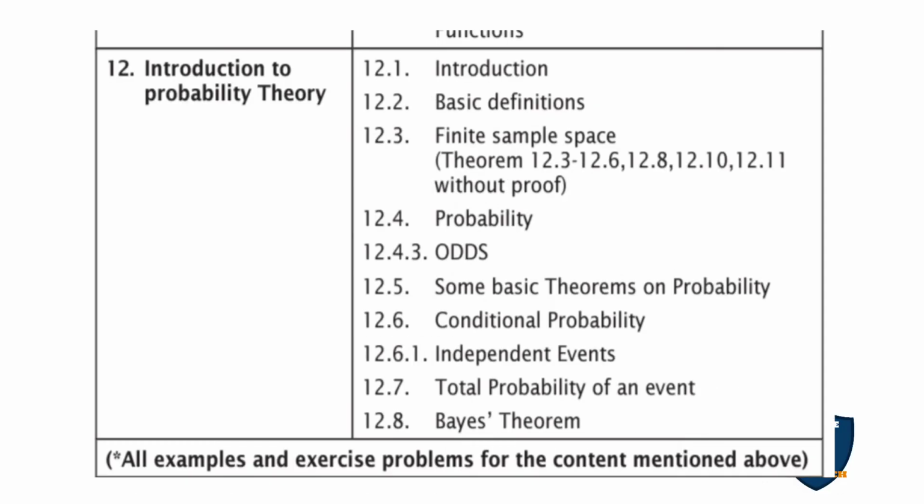Next chapter 12 introduction to probability theory. 12.1 introduction. 12.2 basic definition. 12.3 finite sample space theorem. 12.3 to 12.6, 12.8, 12.10, 12.11 without proof. 12.4 probability. 12.4.3 odds. 12.5 some basic theorems on probability. 12.6 conditional probability. 12.6.1 independent events. 12.7 total probability of an event. 12.8 Bayes theorem. So in all these 12 chapters mentioned above, in all the topics mentioned above, the